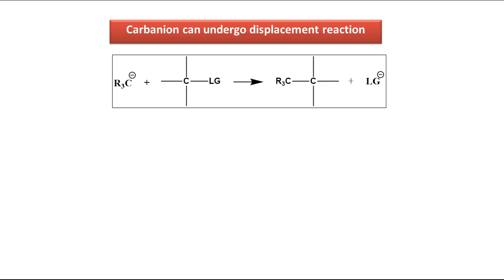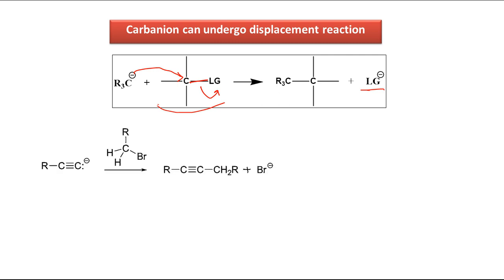The second fate is that it can undergo displacement reaction. In this case we have another substrate where a carbon-leaving group bond is present, so that after attack of this Carbanion, this carbon-LG bond is broken and the leaving group is removed. We are getting a new C-C bond. Now for an actual example, here we have this Carbanion. It is stable because the negative charge is present over the C-C triple bonded carbon. And here we have this carbon-bromine bond, which is basically the analog of the C-LG bond. So this negative charge will attack here, the C-Br bond will be broken,